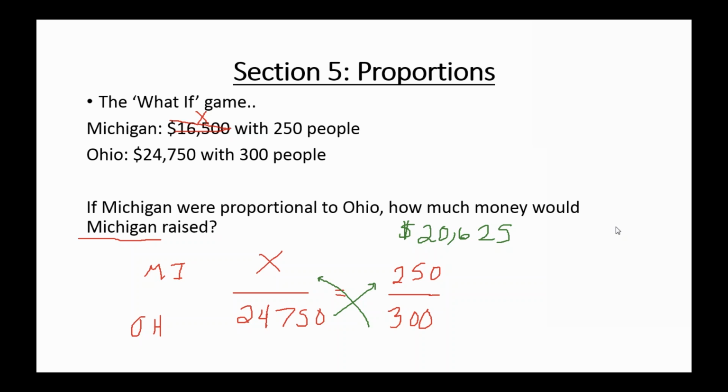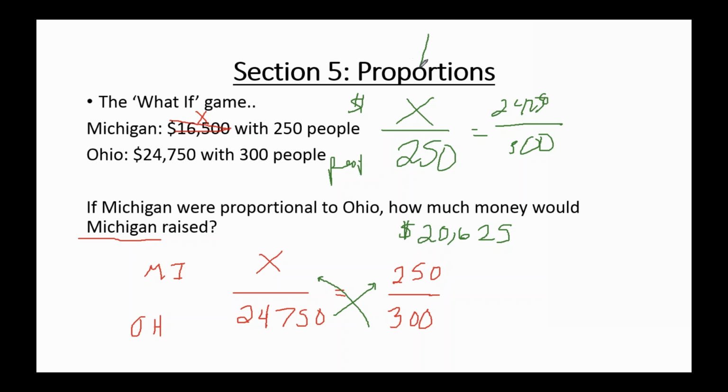All right, so proportions. Sometimes they just give us information. Eric, is it important to keep the people over people and money over money? Not entirely. You can write every proportion 4 ways. So you could have put Michigan over Michigan and Ohio over Ohio. The important thing, when I say be consistent, in this problem, all the money is on top and all the people are on the bottom, and this first one is Michigan and the second one is Ohio. So as long as you're staying consistent, you can flip-flop them a little bit. You have 4 possible correct ways to set up every proportion.